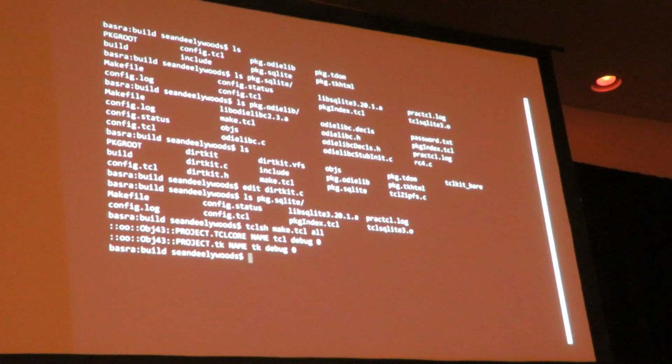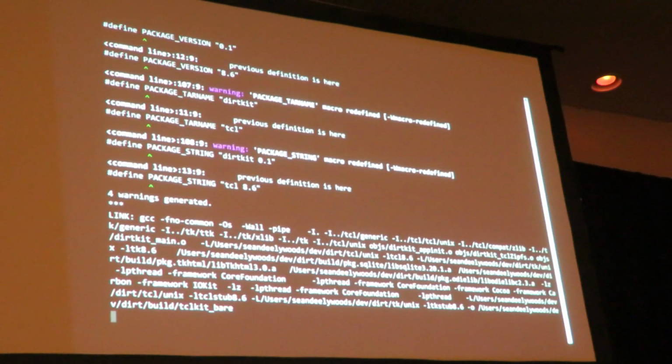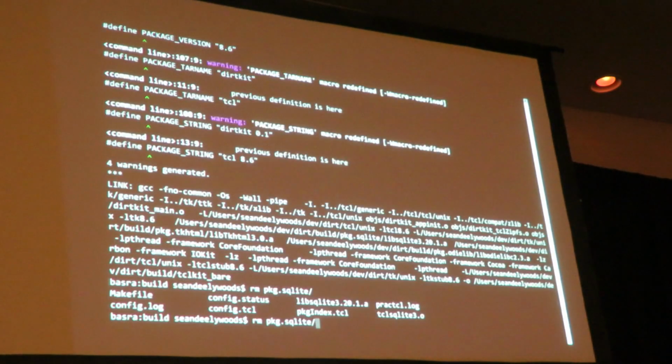You see that all it did was wrap the executable. If I remove the base kit, it's now re-implementing the base kit and recompiling. If I wipe out the Tcl file,